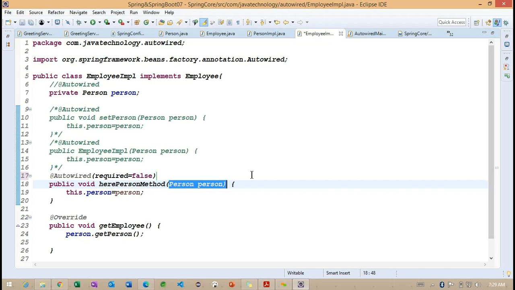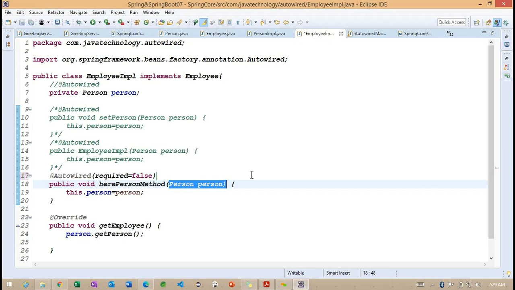What happens internally? If the particular bean is not found, it is going to return null.